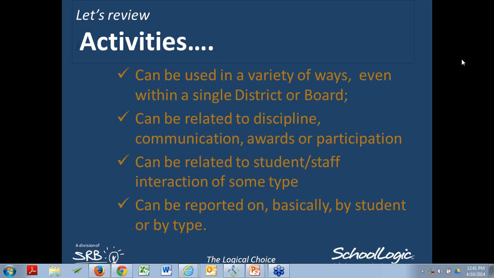But if you've got a high school that says, we want this whole series of discipline steps, the elementaries say, we're not going to use those. Every time we enter a record, we don't want to have to go through all of the high school codes to get to our codes. That's kind of what leads to that. Okay, let's have correspondence type be school-owned.